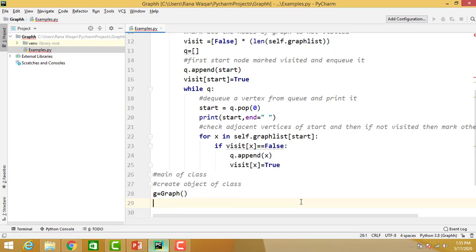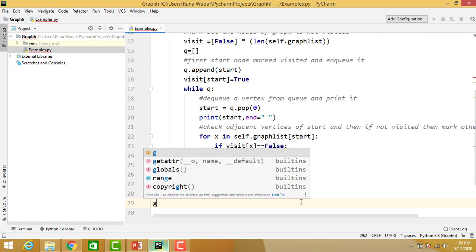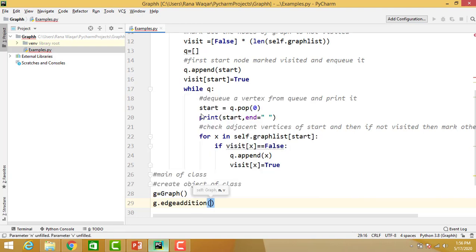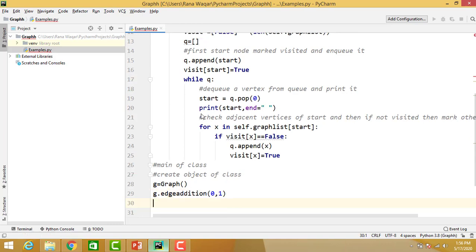G is the object of class graph. Now in main there are two ways to pass an argument. First way is calling the function directly, like G is the object and call the edge addition function directly and pass the values of the edge like 0 and 1.